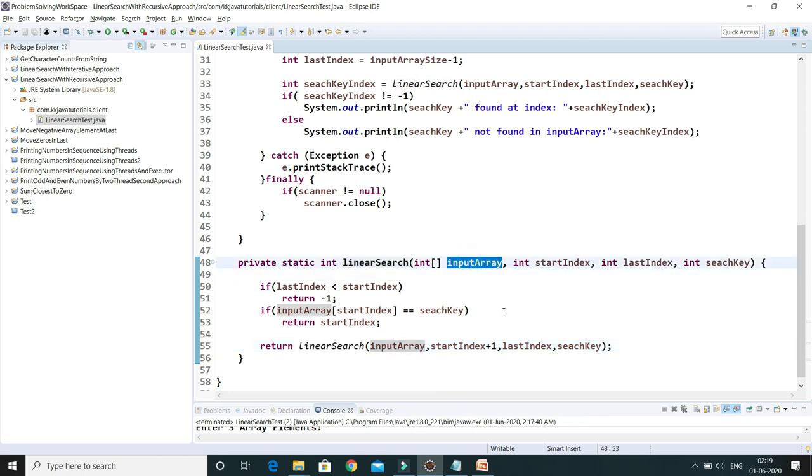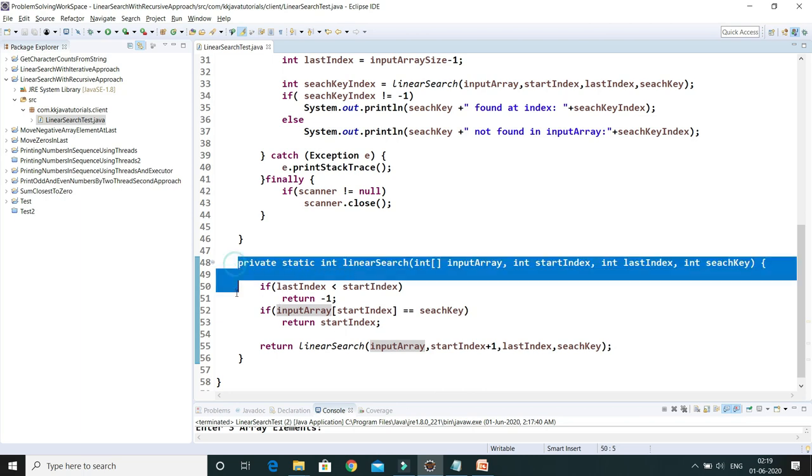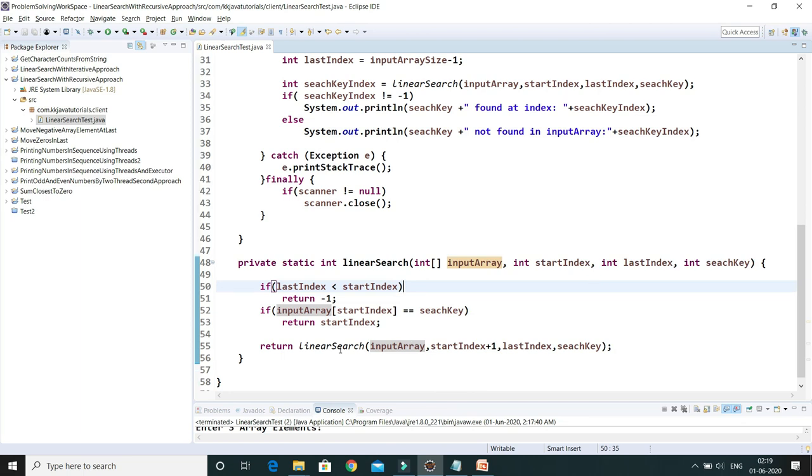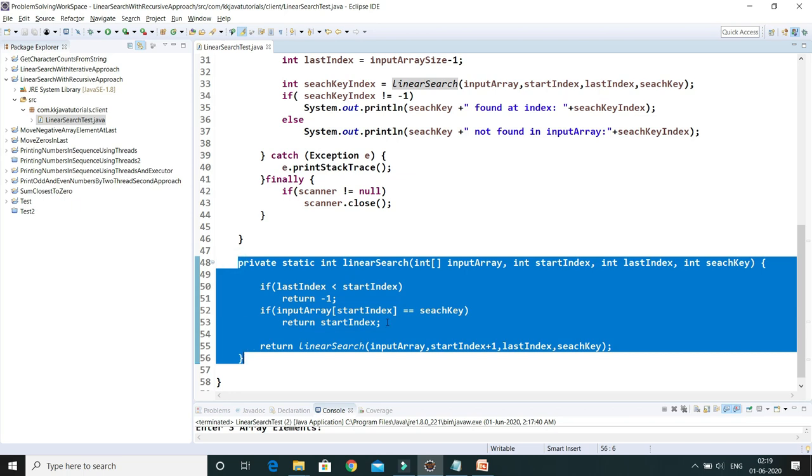But when we talk about the space complexity, the space complexity would be greater in the recursive approach with respect to the iterative approach, because we are calling the same method again and again. So there would be some stack overhead, right? The entire stuff is going to be kept in the stack, so there will be some memory overhead in this case.